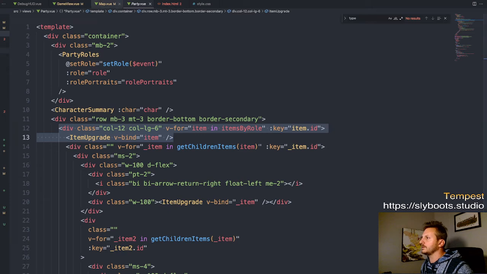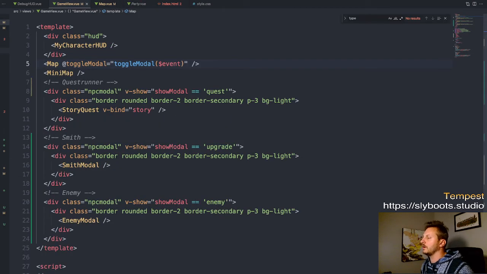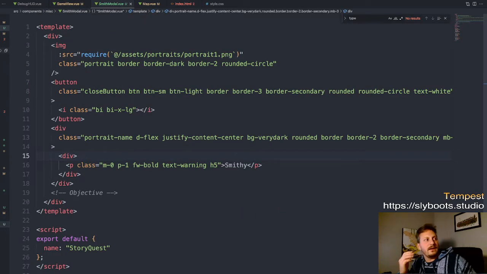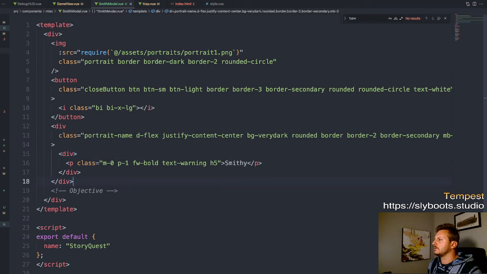And I'm going to come into the smith modal. I don't think this is how I want it in the game, but this is what we'll have a conversation about later. It doesn't make any sense that the smith is going to have the list of your items that you can upgrade, though this makes it very simple. I do want you to take an item to an NPC to do the upgrade, but whatever. For right now,